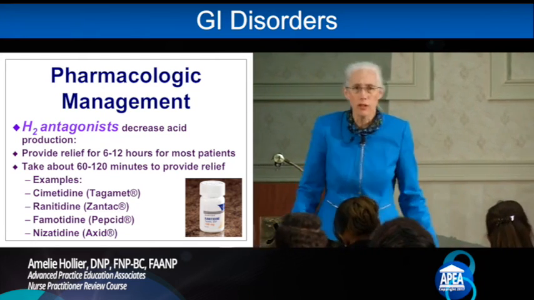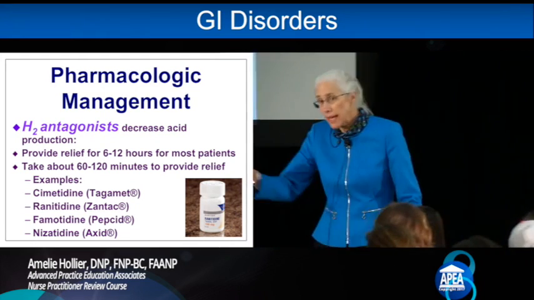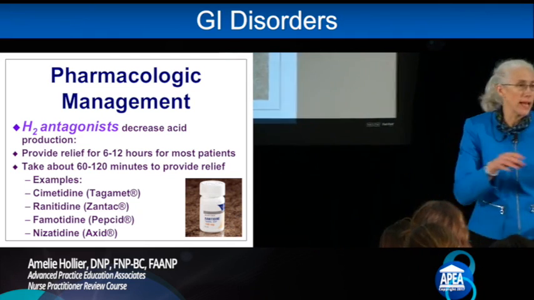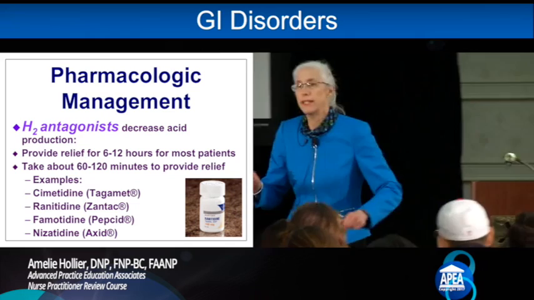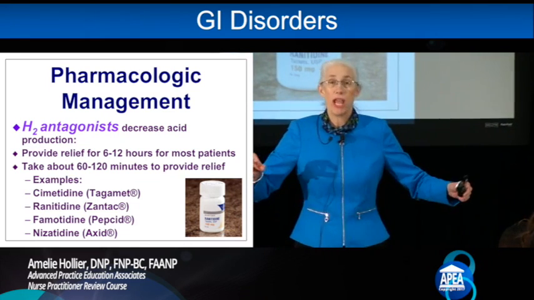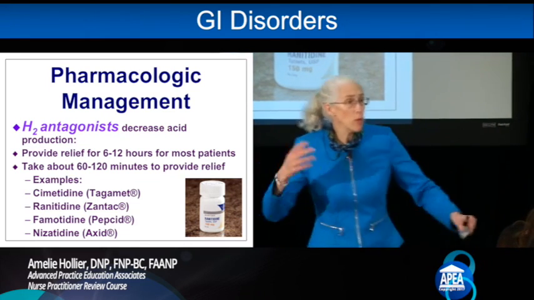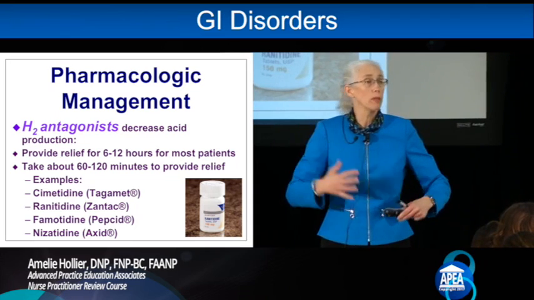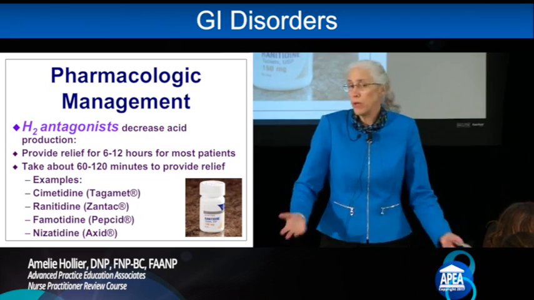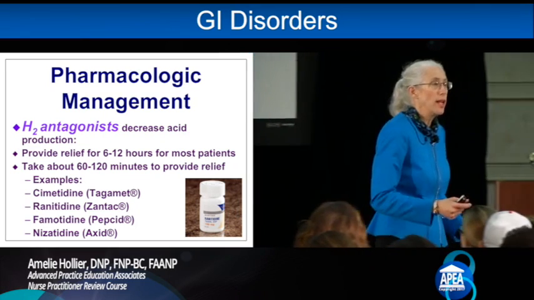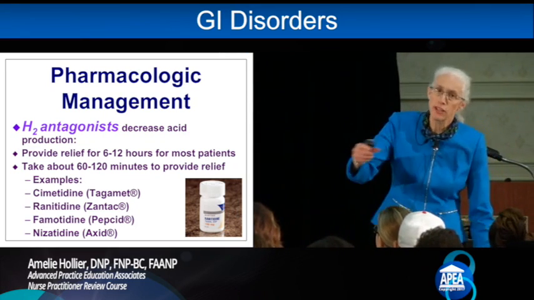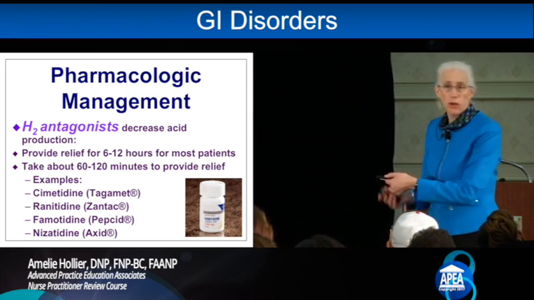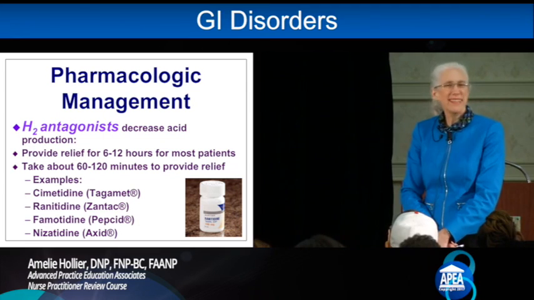How do the H2 blockers work? They don't change pH. The antacids do. The H2 blockers like Zantac, Tagamet, Pepcid, those drugs work by decreasing how much acid you make. So if you're one of those people who makes a load of gastric acid, giving you an H2 blocker will help your symptoms. What do you need to know about the H2 blockers? They are a PRN medication just like an antacid is. These give relief for a whole lot longer, up to 12 hours, but they take a little bit longer to